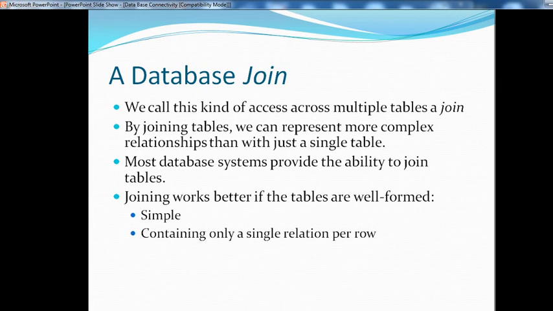Most database systems provide the ability to join tables, and joining works better if the tables are well formed, that is, simple and containing only a single relation per row.